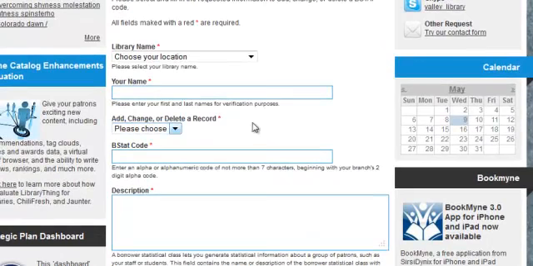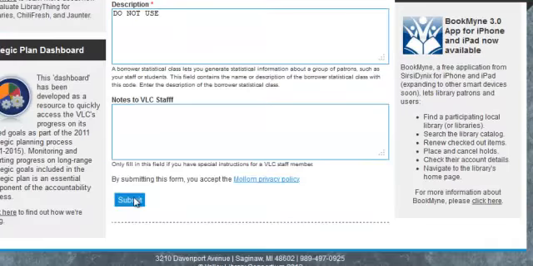So let's talk about deleting a record. You may need to have a Bstat deleted, but in fact we are not deleting it. We are saving the code for historical statistical reasons. Even though you're going to be telling us to delete a record and the code, go down to description, here's where you want to tell us that we were just changing the description to do not use. That way the code is kept on the system for statistical reasons, and yet the description's been changed to do not use so that staff members, when seeing that code, will not use it. And once you're done with that, go down to the Submit and click on the Submit